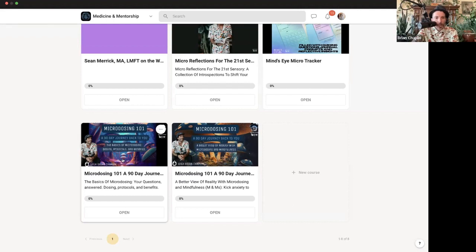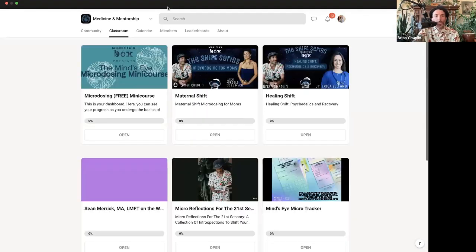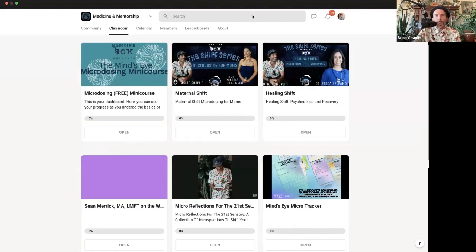Okay. So this, I did this basics of microdosing, dropped into dosing protocols and benefits a lot more in the last one. Better view of reality. I talked a lot about microdosing and mindfulness and like what anxiety is. Okay. We know anxiety, but can we really rationalize and understand it? So like where it comes from. Okay. So understanding these problems that we're trying to overcome with the solution of microdosing is big. So this conversation will be in here, and this is all accessible for all of you. So that presentation